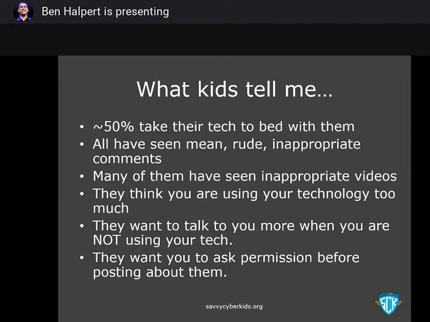And they say, because my parents don't take it away. And you don't take it away because you don't want an argument. We know that if our kids are on technology, they behave differently. They get a little more aggressive. I don't know if you've seen this in your kids or not, but I'm pretty sure you have. So we need to set ground rules and expectations with our kids. We'll talk about that in a little bit.